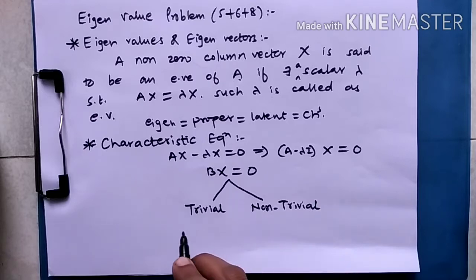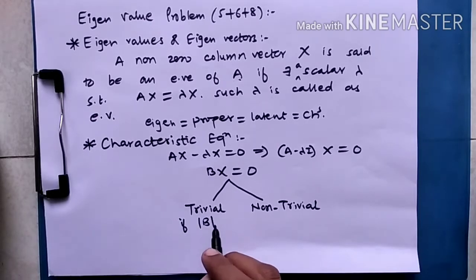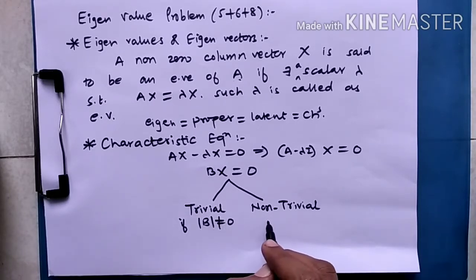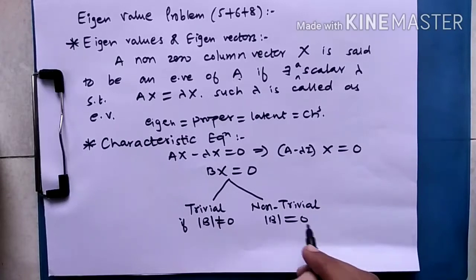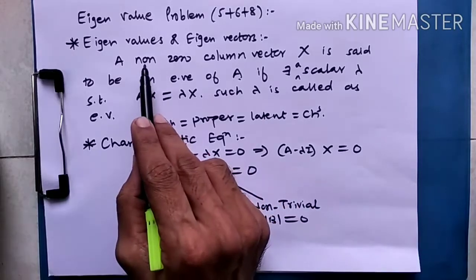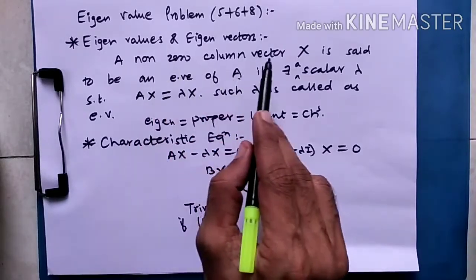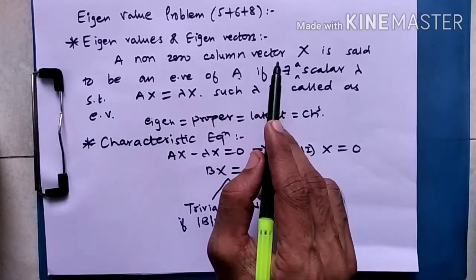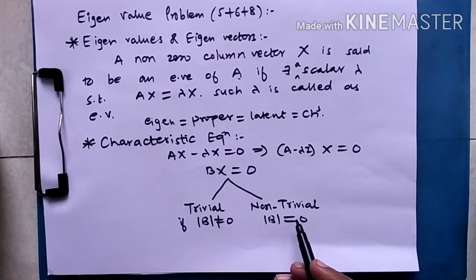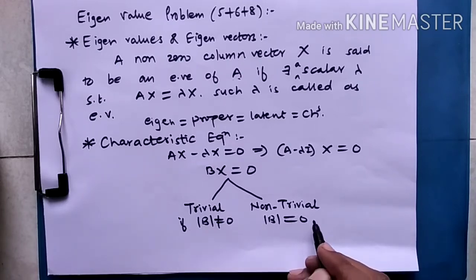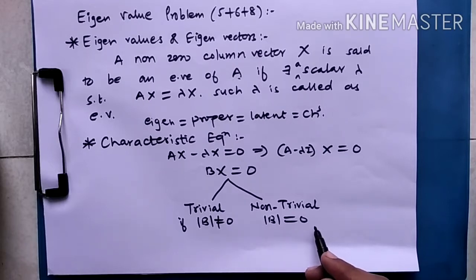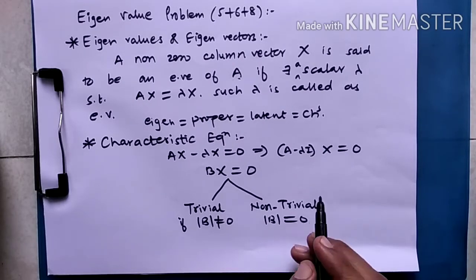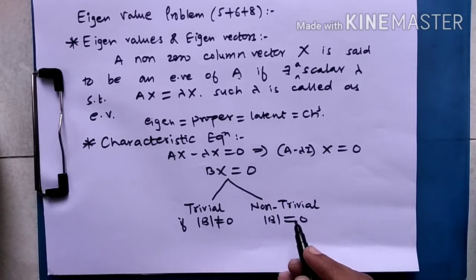So what is the condition? If determinant of this coefficient matrix is non-zero, then solution is 0. And similarly, if determinant of coefficient matrix is 0, we will be getting non-zero solution, and we are interested only in non-zero solution because eigenvector is a non-zero column vector. So this non-zero solution will be actually what? Eigenvector. I am considering this condition only for a square matrix. You know the general condition in the form of rank for non-square matrices. But as I told you earlier, we are dealing with only square matrices here.